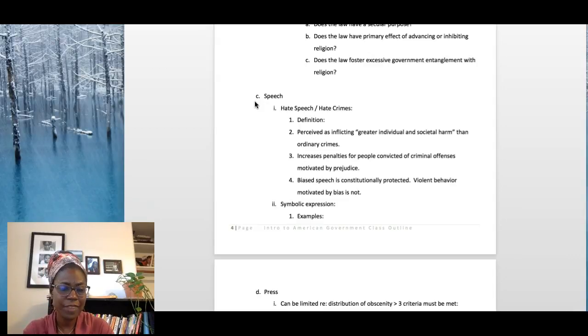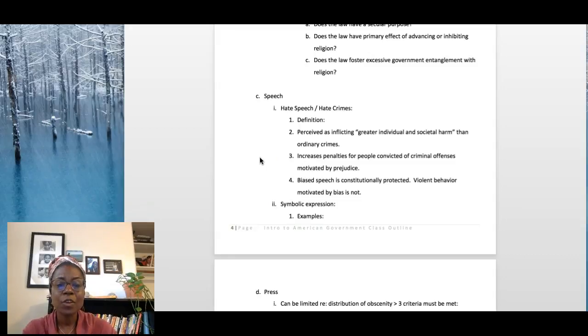Now, one way to complicate that is by understanding what is considered to be hate speech and what is considered to be hate crime. So, filling in this definition for you, hate crimes are crimes that are motivated by bias, that are based on race, religion, national origin, gender, or sexual orientation. So crimes that are motivated by those particular kinds of bias can be considered hate crimes. And the legislation increases the penalties for people convicted of criminal offenses that are motivated by these kinds of prejudice